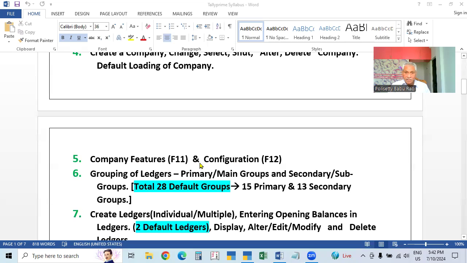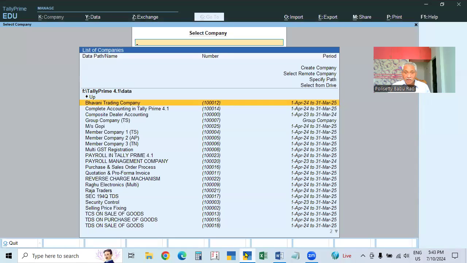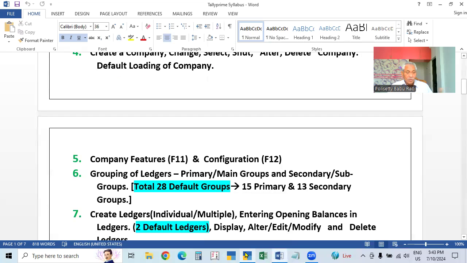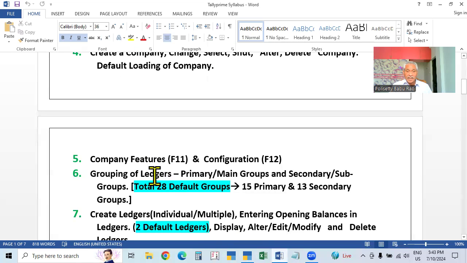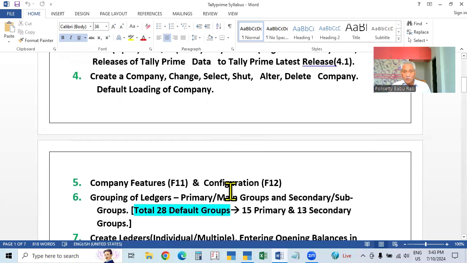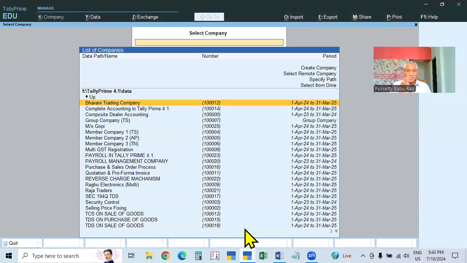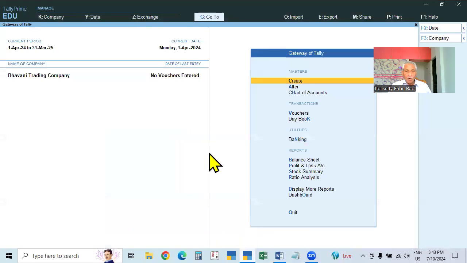Now everything is done, and we have to work in the company. To work in the company, we require some masters. Where the masters are, how to see them, and how to work with the masters, I am doing now. The masters we already discussed yesterday. So this is the company we created in the last video. If you enter into that, now in this case, when you see here,